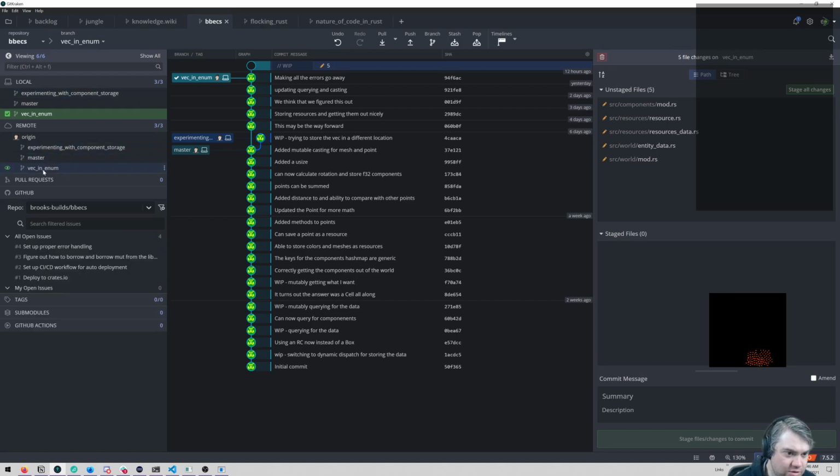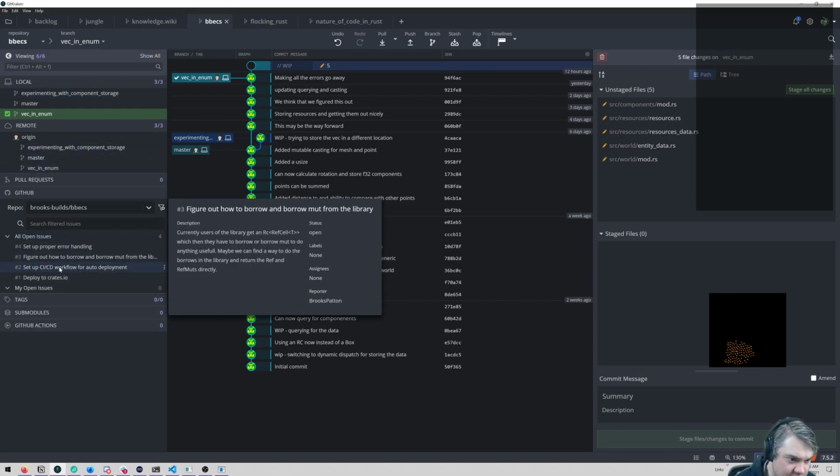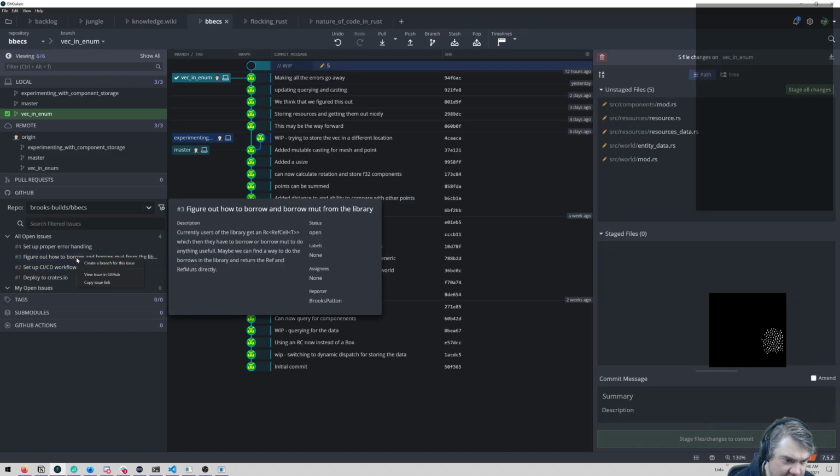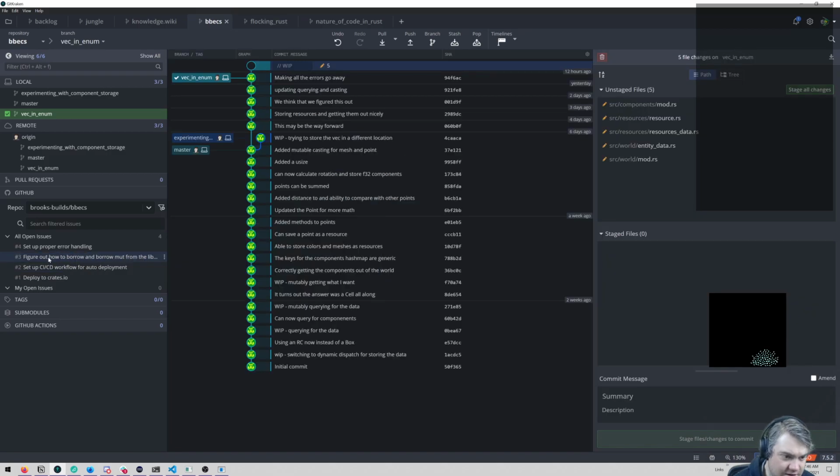Experimenting with component storage, that was... Yes, this one is canceled. We can't do that. We tried. Can I... Oh, I can't remove that.